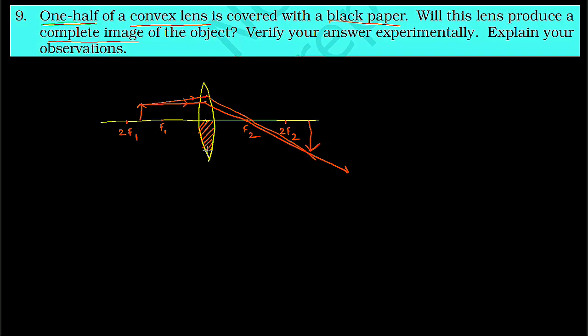That means if half the part of the lens is covered, it is not going to matter. I told you in the mirror part that lots of rays come, but for our convenience we always use two incident rays, for which we get two refracted or reflected rays. The point where two rays meet gives us the image. So even if half the lens is covered, we are going to get the image too. You can also do it yourself in the reverse direction: if you color the upper part black or the lower part, you can also construct the image. Clear? Now we will check the next question.